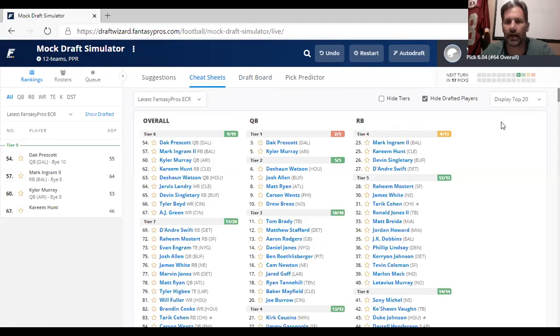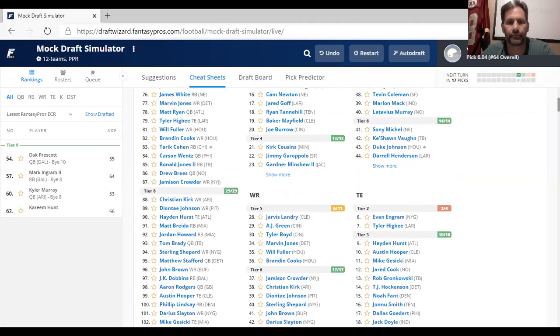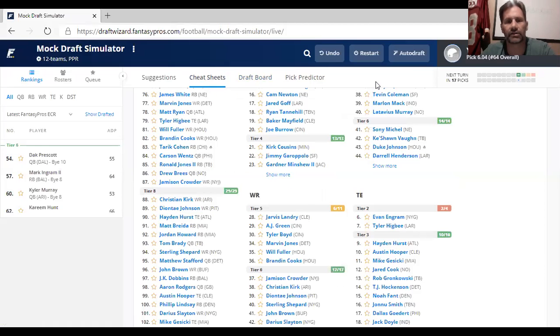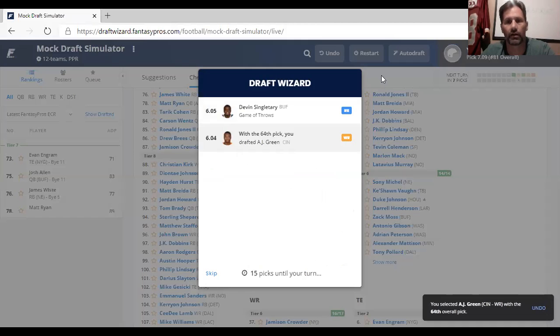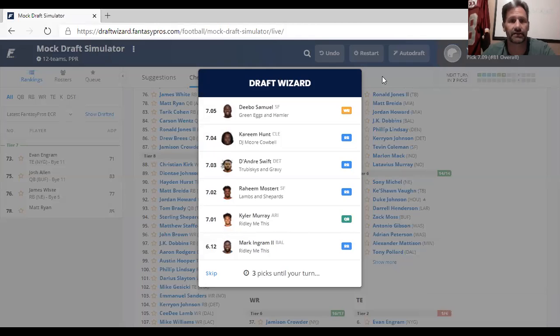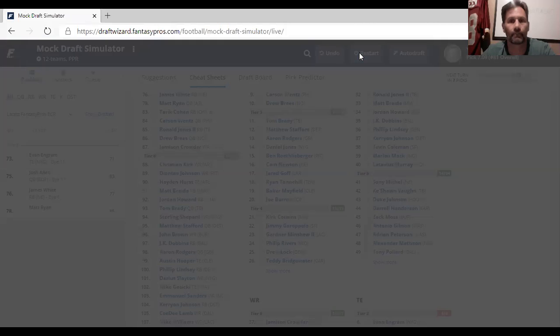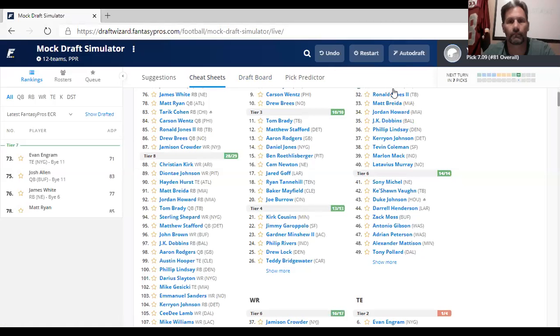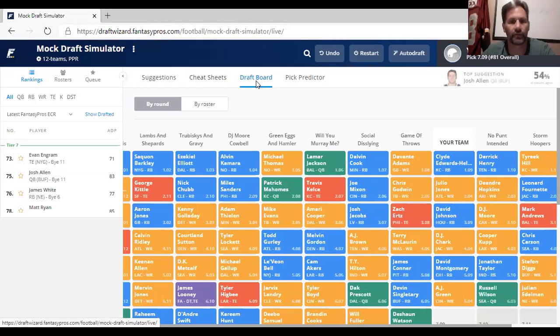Now, let's see who we have for wide receiver here. Now, I'll go ahead and I'll take AJ because, as I said, AJ is going to get a lot of work if Joe Burrow is expected to have any kind of success, okay? Let's check out our draft board real quick.